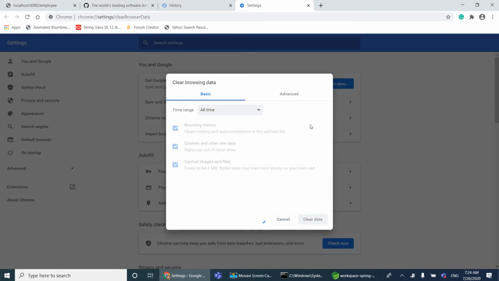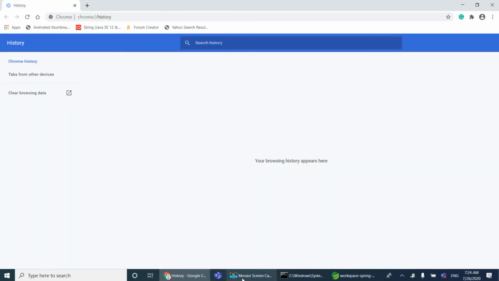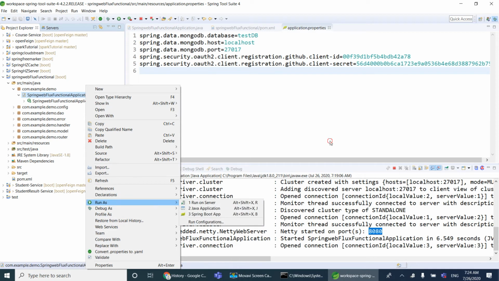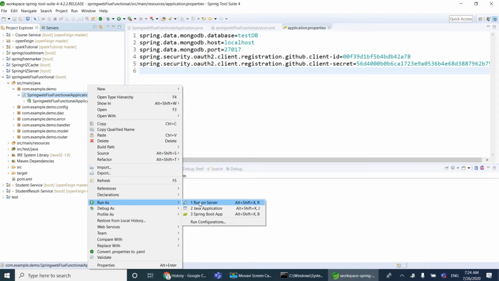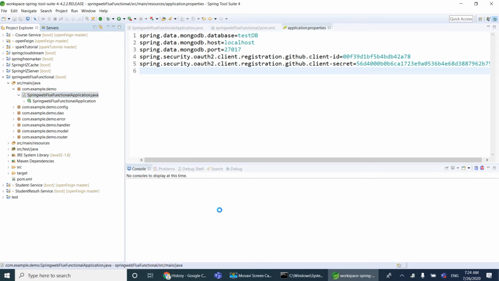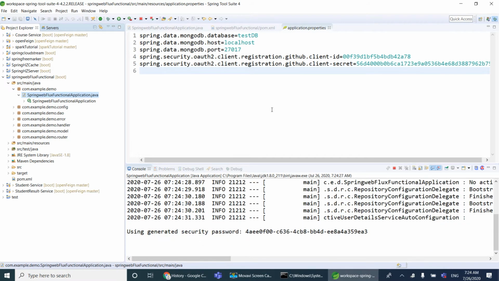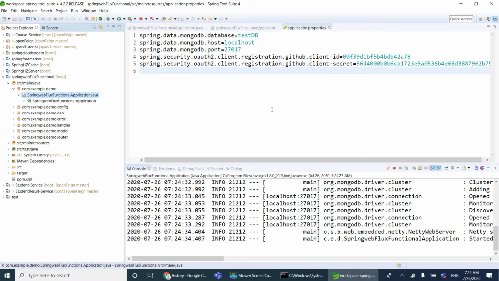Clear data. Now I am coming to my application. So I am going to restart my server. First let me stop and now I am going to start my server. Run as Java application. So when we hit any endpoint this time, it will redirect me to the GitHub login page. So the application is started.